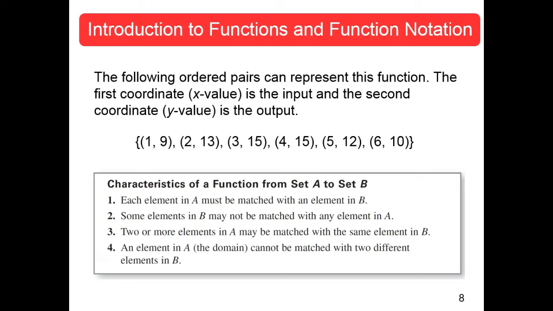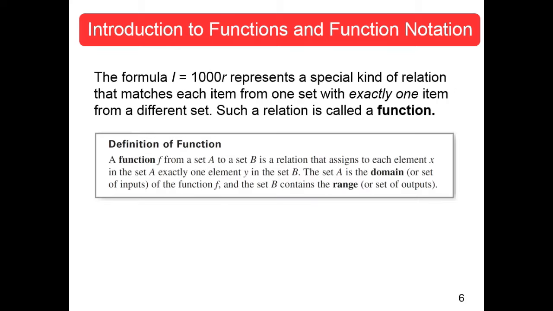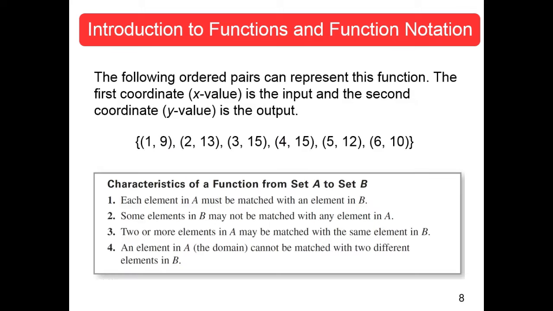That's the x value. Now, that's what they call it. It doesn't have to be x, but quite often it is. That's your input value. And the second coordinate, the y value, in this case, would be the output value. Okay? Now, remember back the first function we looked at, this one, your inputs were your r, your outputs were i's. It doesn't have to be x and y. It's whatever input and output is. Okay? Just a reminder. They focus in on x and y. It doesn't have to be.